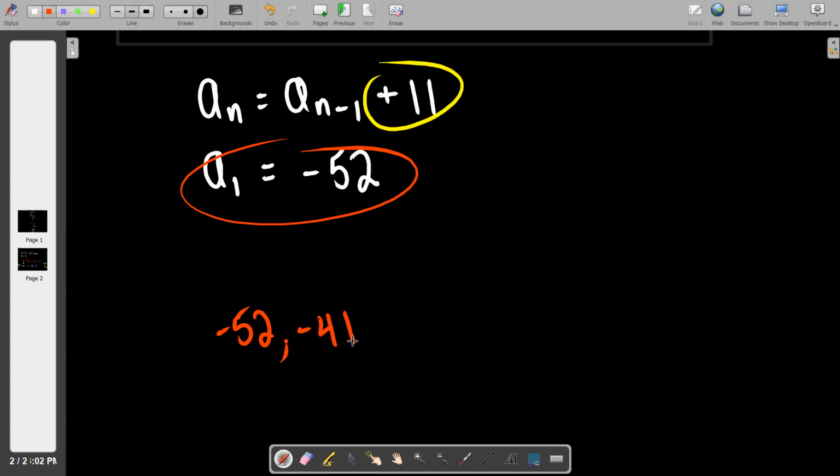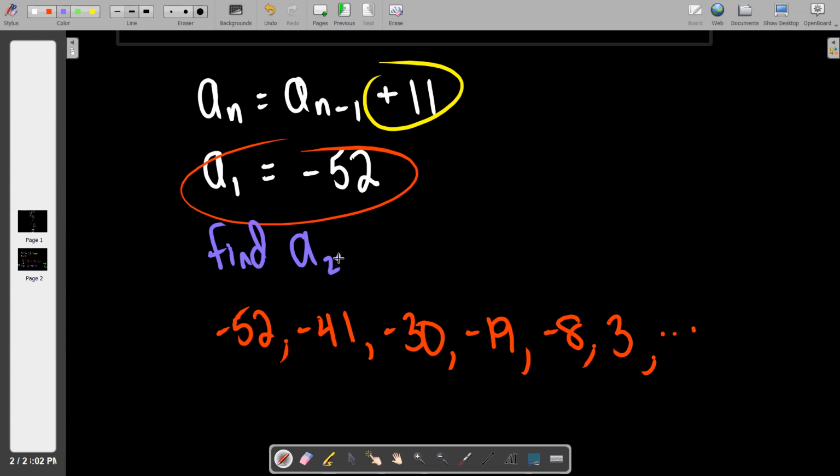If I go up 11, I'm at negative 41. And then I go up 11 and I'm up to negative 30. And then I go up to negative 19 and so on and so forth, right? And then, of course, positive 3, dot, dot, dot. So if someone asked me for any one of those terms, I could say, well, I've got it for you right there. But again, the question becomes, what happens if someone wants me to find